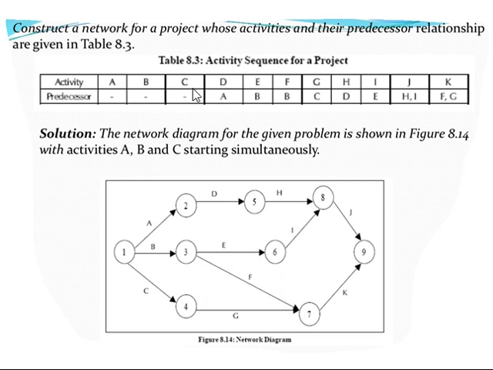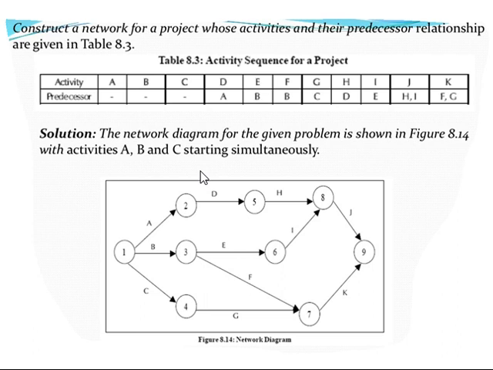These activities are used for some project. When they are executing a certain project, they follow this kind of relationship. Our duty now, by looking at this table, is to construct a network diagram. If you are able to construct a network diagram like this, by looking at these activities and precedences, you will be able to analyze further.